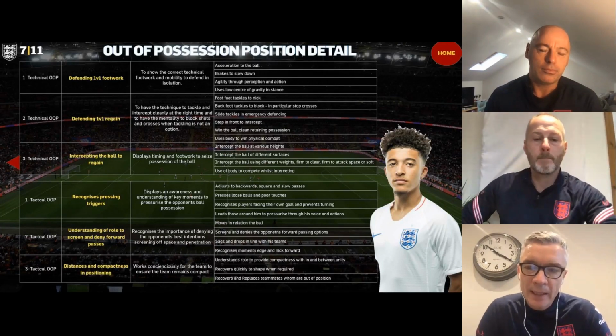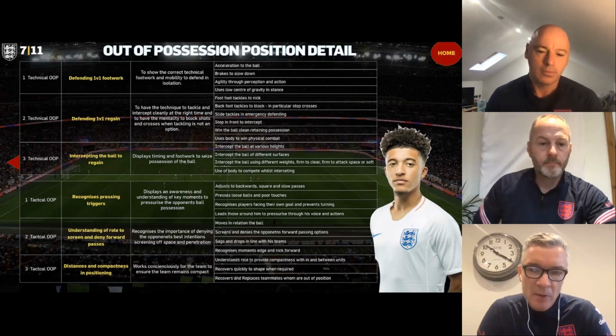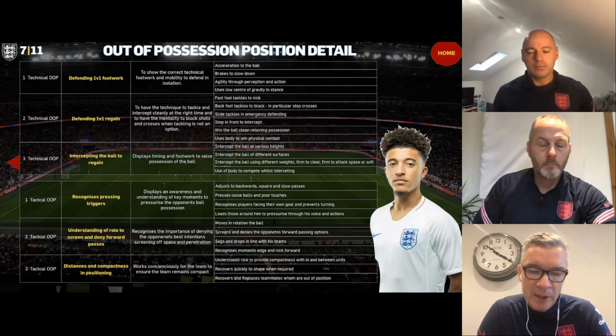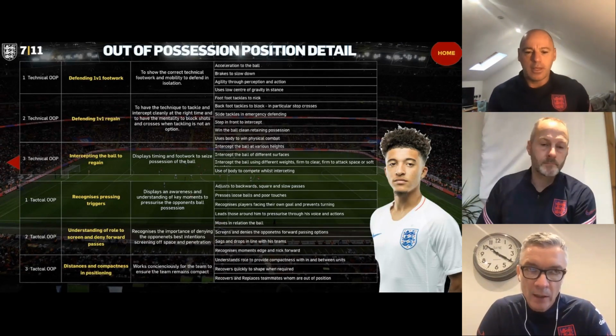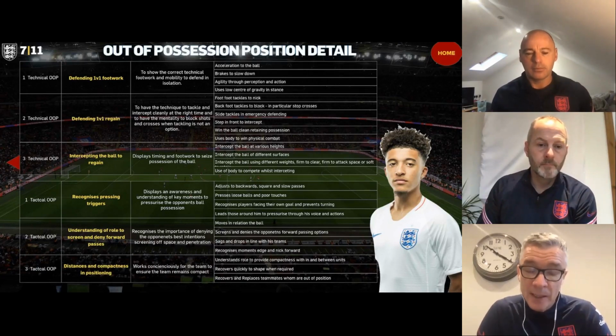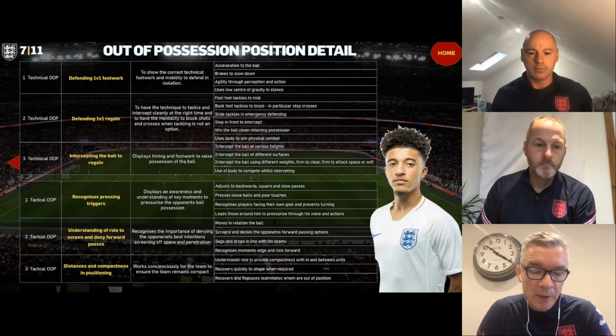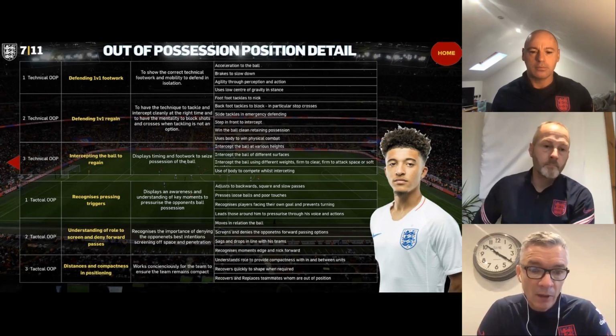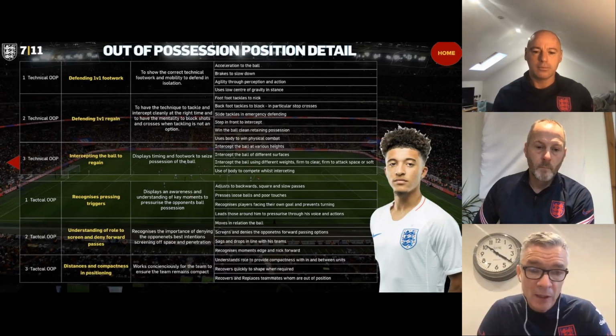I think the key to it was the message, Bish, in terms of we were consistent with the message and the expectation of what we wanted from those players, whilst recognising they've got different strengths. Kieran Dow is different to a Shea Ojo, obviously. But I think there was a clear understanding from the players, and this is obviously going back to when Aidan and Lee Carsley were with the group, in terms of what their role was within the team. So they had a clear understanding, we had a clear expectation of what we wanted from them. And I think that's what they delivered. There are subtle differences in terms of how they press, what their 1v1 defending looks like. But I think tactically,